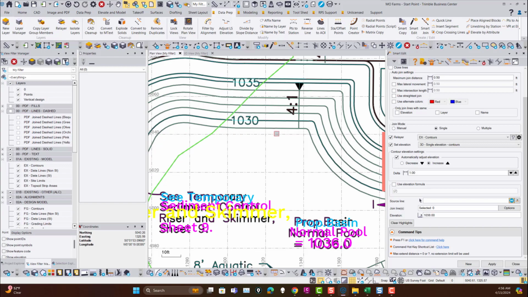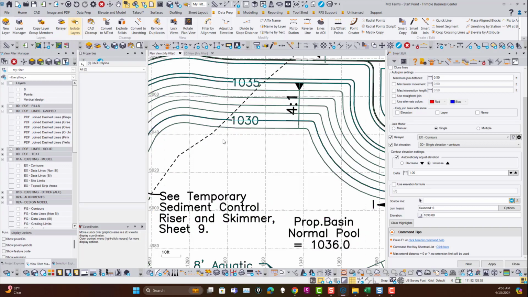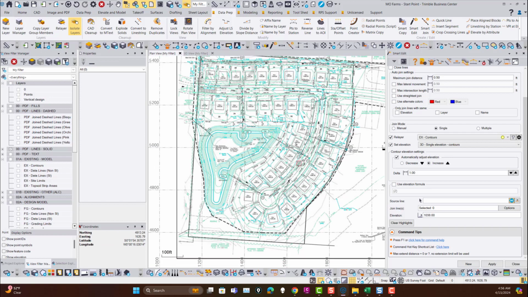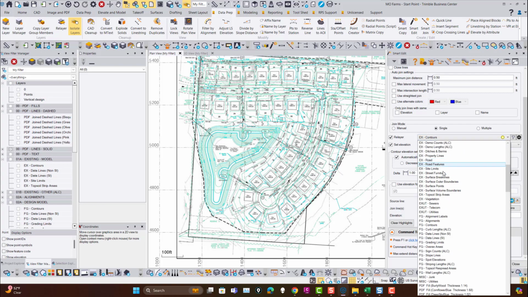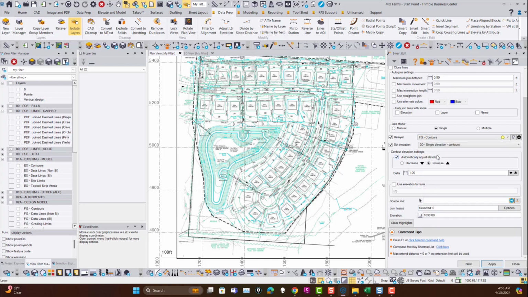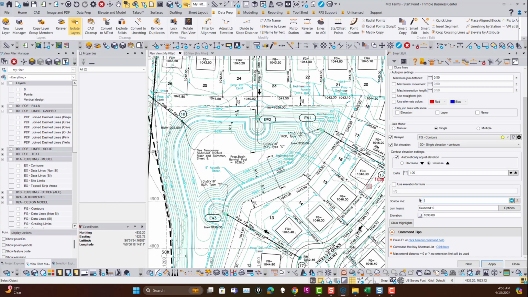And again, if we're now ready to do these guys, we can now grab these contours here, isolate those. That isolates the bulk of the data on that layer, and now we can start the contours here. We can say I want to put these on the FG contours layer, and now I'm going to say single elevation contours again, same delta, and now we start all over again. So we now say we're going to start here, Shift X, we start on 1029,